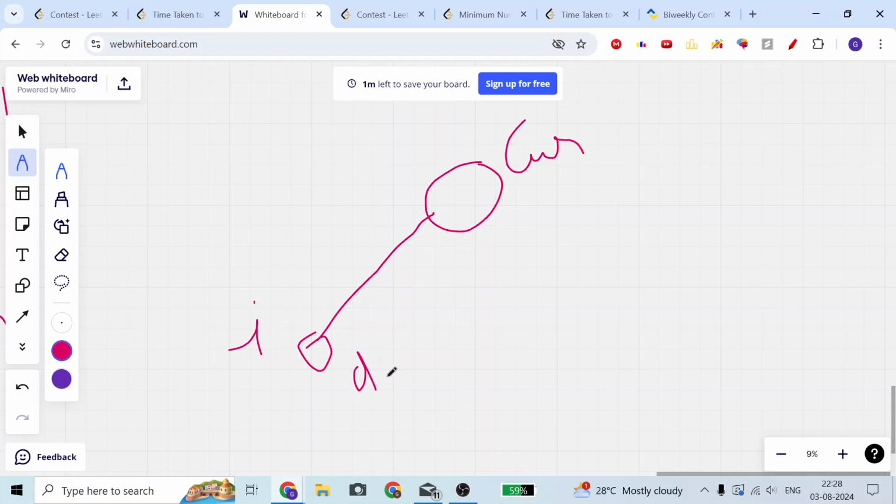My dp of i0 is the maximum for my node. So I will return only the maximum value, not dp i1. Why will I not return the second maximum value? Because from each edge I can return only one single value, only once. Like